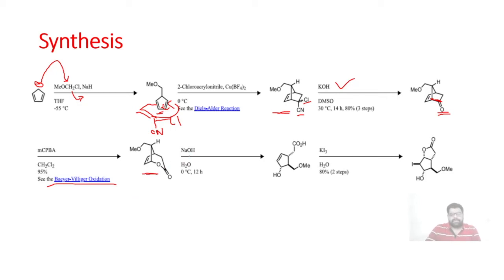So NaOH and water hydrolysis of this molecule will give us this kind of 5-member ring. I think you can easily guess, if we add OH over here, that is OH minus hydrolysis, OH minus will attack on this carbonyl, we get free OH over here, and then on the other side this is a CH2COOH. So on the other side CH2COOH and OH over here, and we have H and CH2OMe over here.